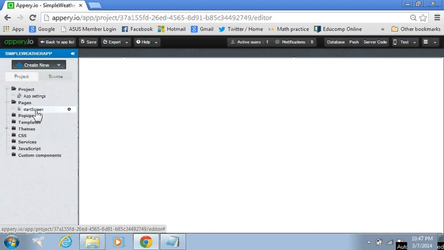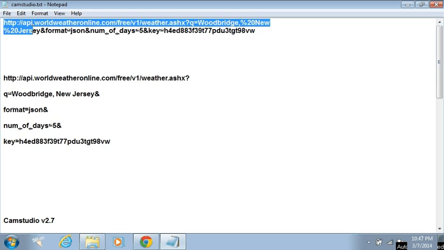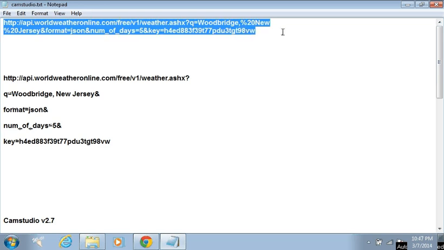For this particular RESTful service, I have chosen World Weather Online, a website which provides REST information related to weather. So I have a ready-made URL that you can see right here. We'll be using this particular service. I've already registered at worldweatheronline.com, and they have provided me with an app ID.